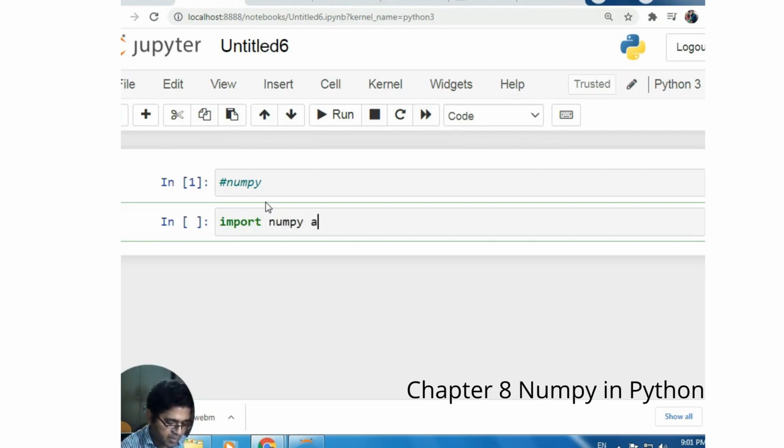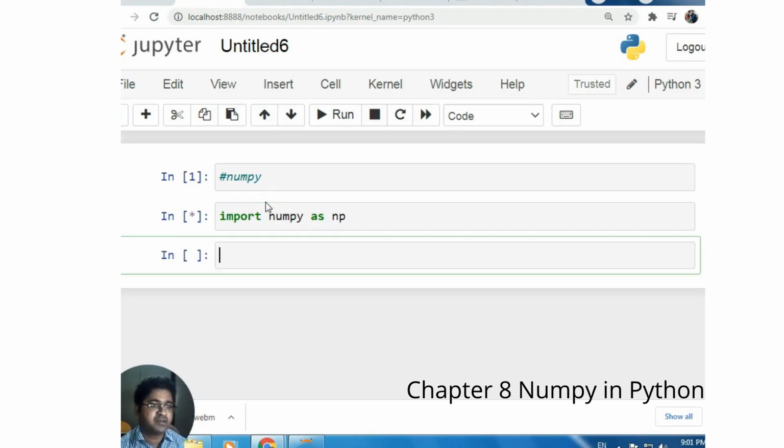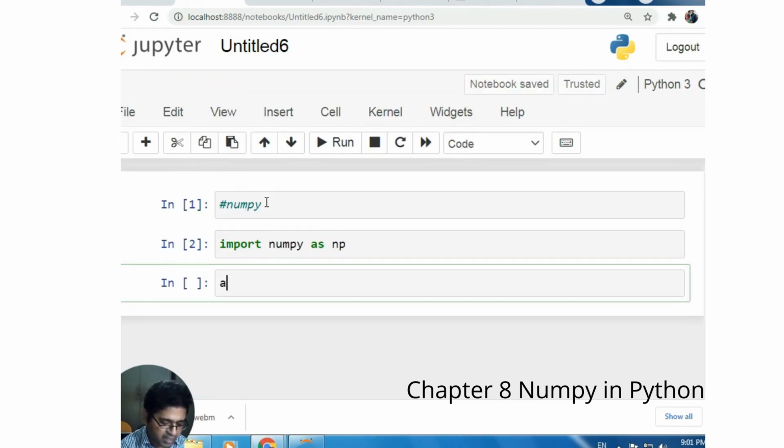So not only different sections of the numbers are going to be used, but also the numbers inside the sections are going to be utilized. So we are going to use the syntax import numpy as np.